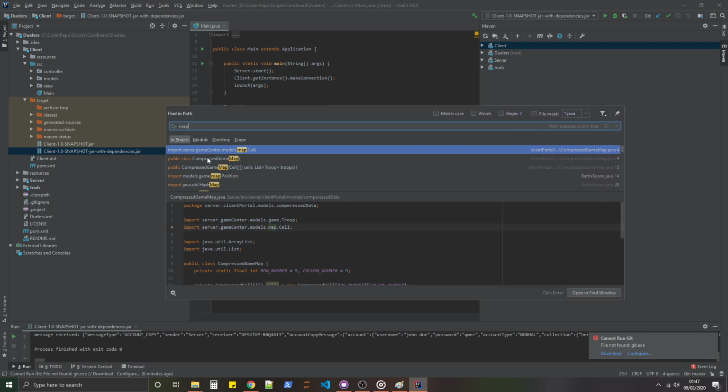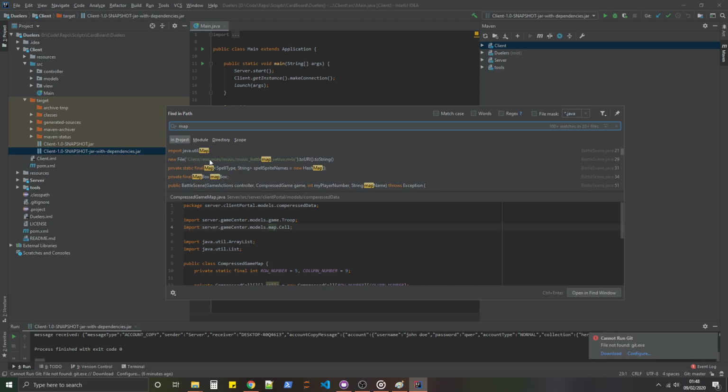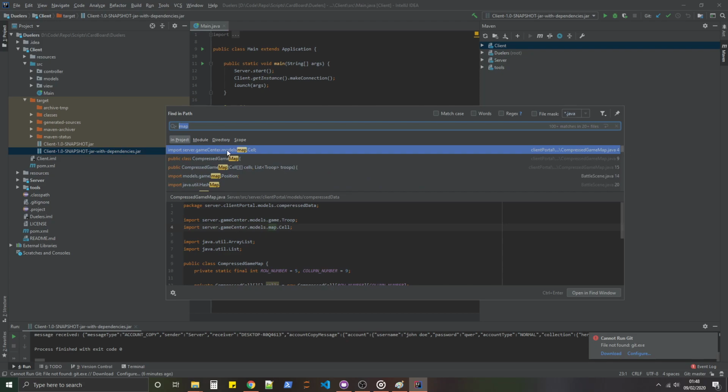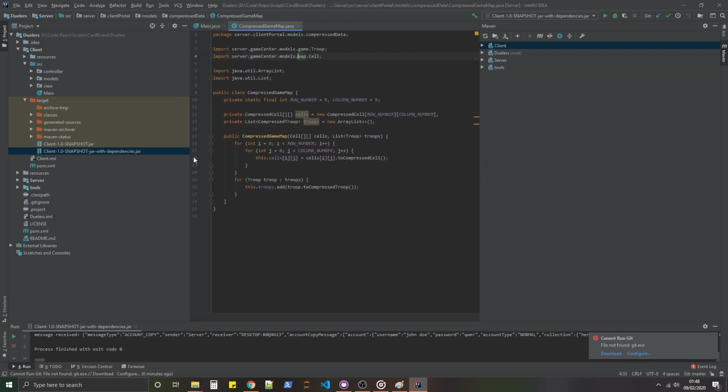So you can see here that maps come up a little bit. We've got a public class compressed game map here. There's a file in resources about the battle music map, okay, stuff like that. There's a hash map. A hash map is obviously a data structure. So this searching is not super intelligent. It's just finding any instance of the word map, such as in hash map or game map or whatever. So if we double click here,